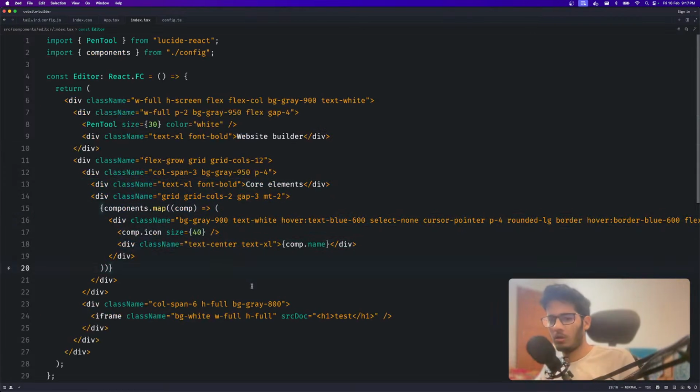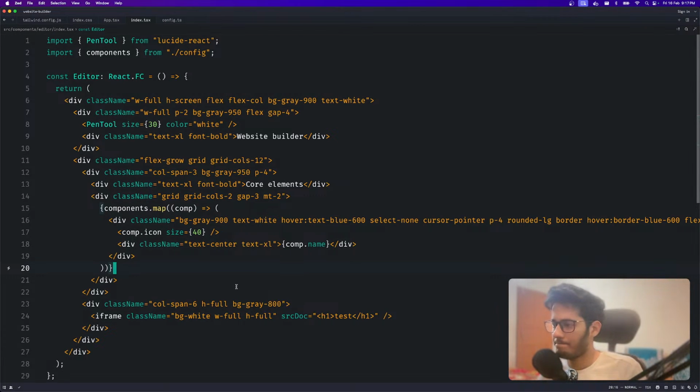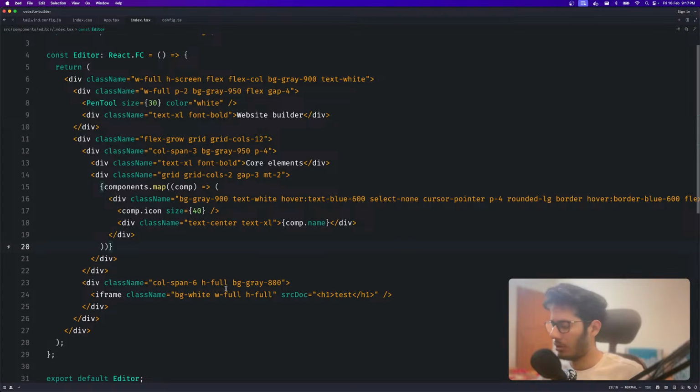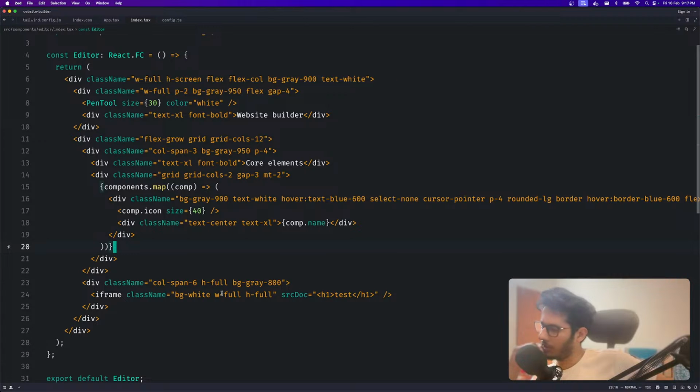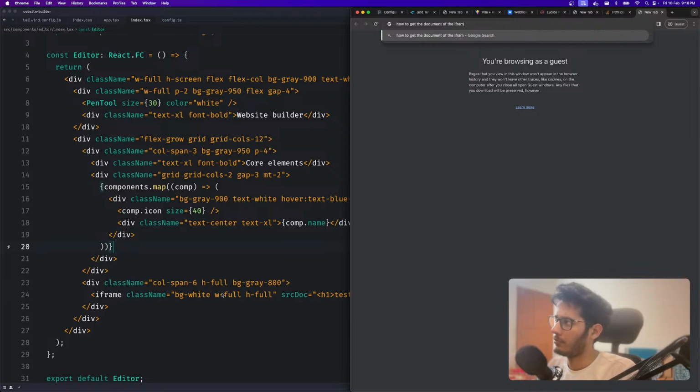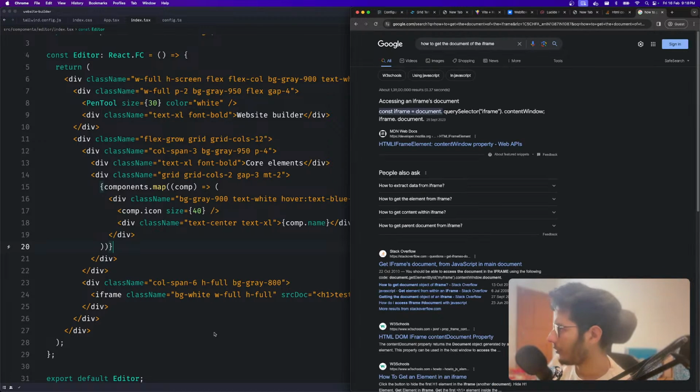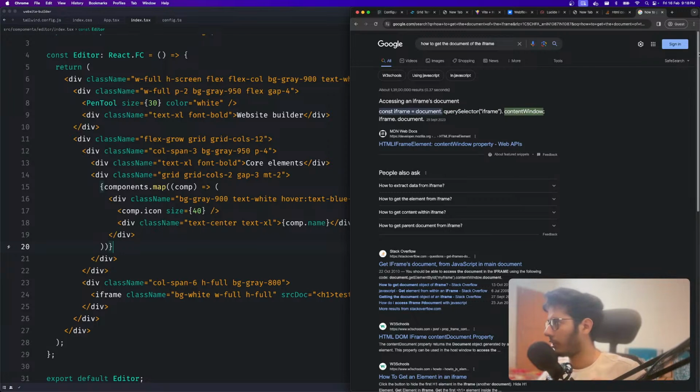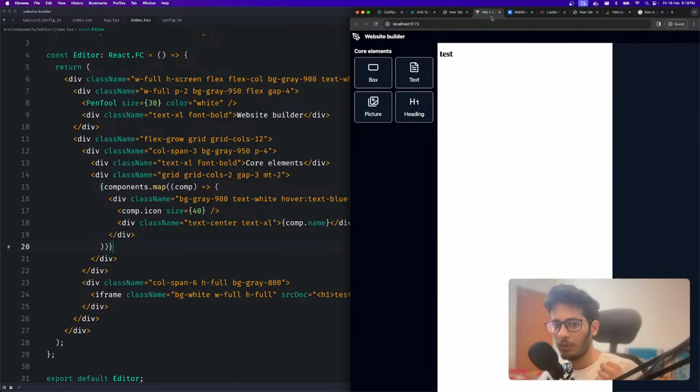Okay, so hmm, how can we do it? So the iframe is there. The problem is how are we even going to control the elements inside the iframe? Can we get the document of the iframe? How to get the document of the iframe? If we could do that, then it would be the iframe. Oh, okay, that makes sense. So we can say query selector and then content window. That's the iframe's content window. That would be required a lot because